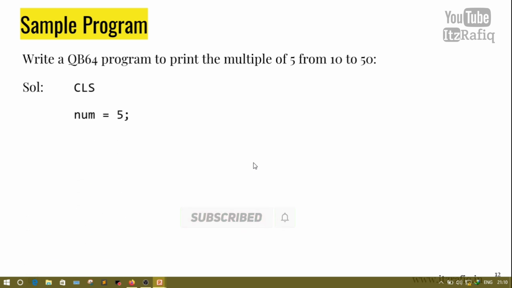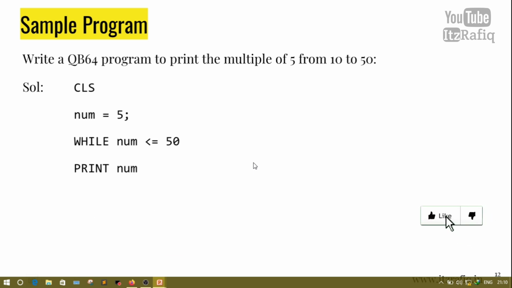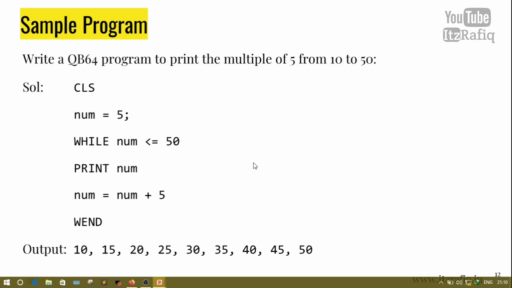Solution: CLS, number equal 5, while number less than equal 50, print number, number equal number plus 5, wend. And the output will be 10, 15, 20, 25, 30, 35, 40, 45, 50.